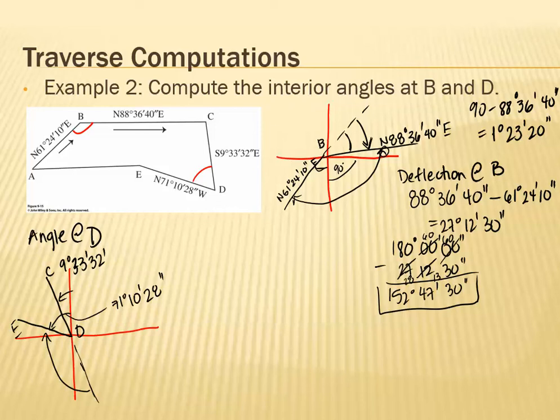But okay, first things first. Let's use the deflection angle to find, I'm trying to think how to do it here most efficiently. So if I want to find this, what I just pointed at, that's easier done. Now, there's many ways to do things, right? So do whatever makes sense to you. But in this case, it makes sense to me to add that quantity to 90. So 9 degrees, 33 minutes, 32 seconds, plus 90 is equal, oh, plus, sorry,